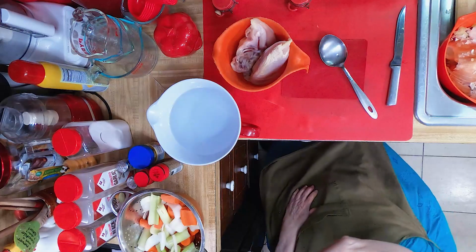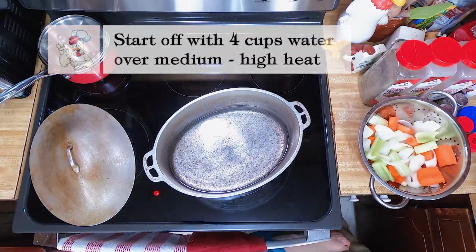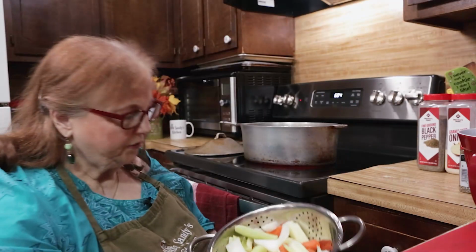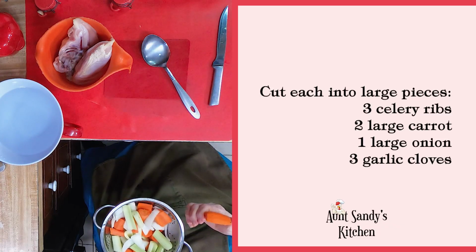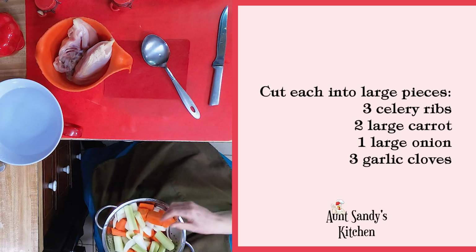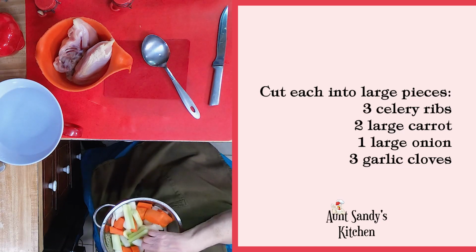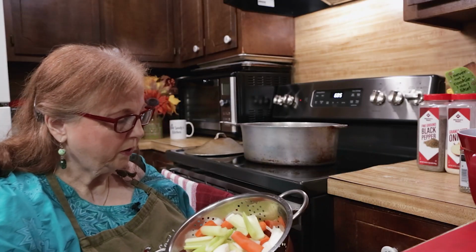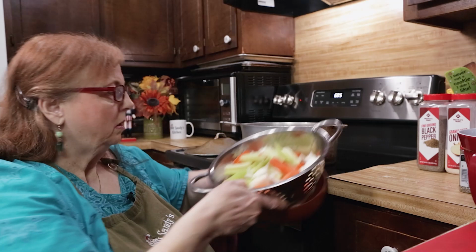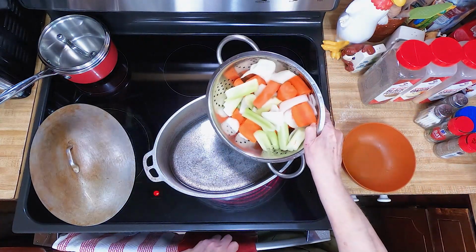So we're going to start with, got some water in the pot so it can be getting hot, and I've chopped up celery, carrots, just big chunks, onions. I got some garlic in here. That's pretty much it for the vegetables. Just chop them up big. They don't have to be fine. We're going to put them in the